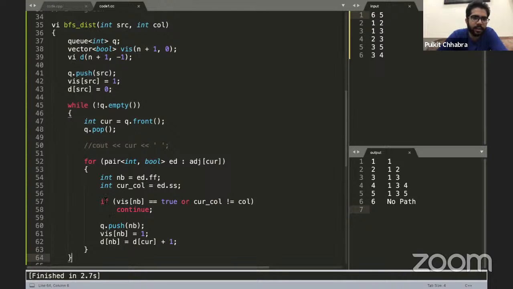The only difference is we have this color passed to the BFS function, and when we are iterating through the neighbors and adding the unvisited neighbors of a particular node, we are only considering those edges to be part of the graph which have the same color as the required color, right? So if visited is true or the current color is not equal to the required color, we'll just continue and disregard that particular edge.